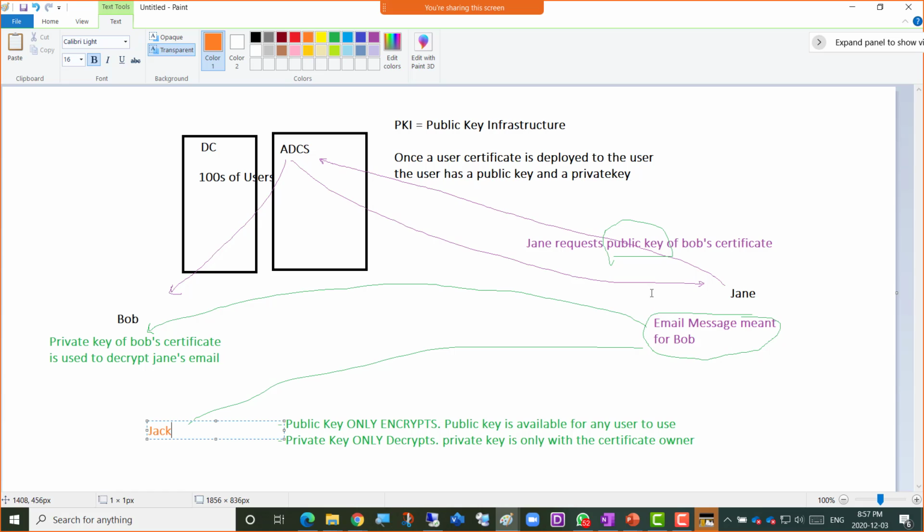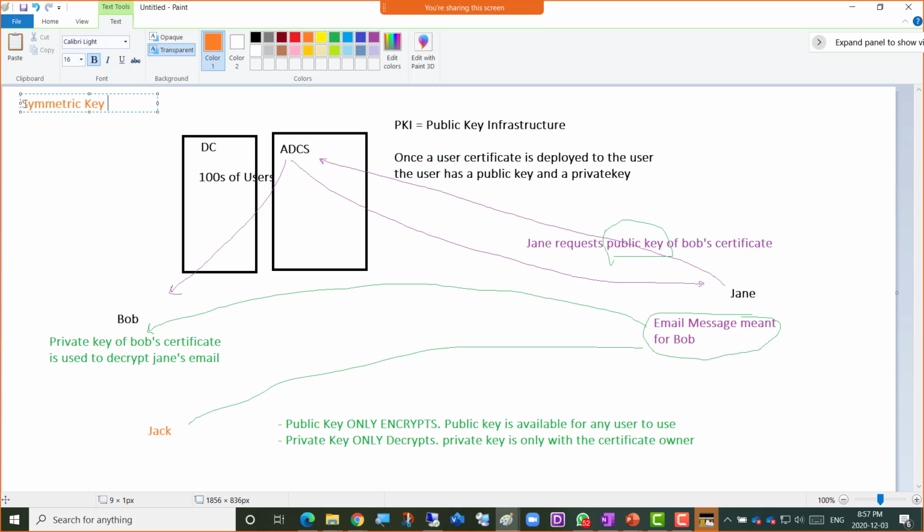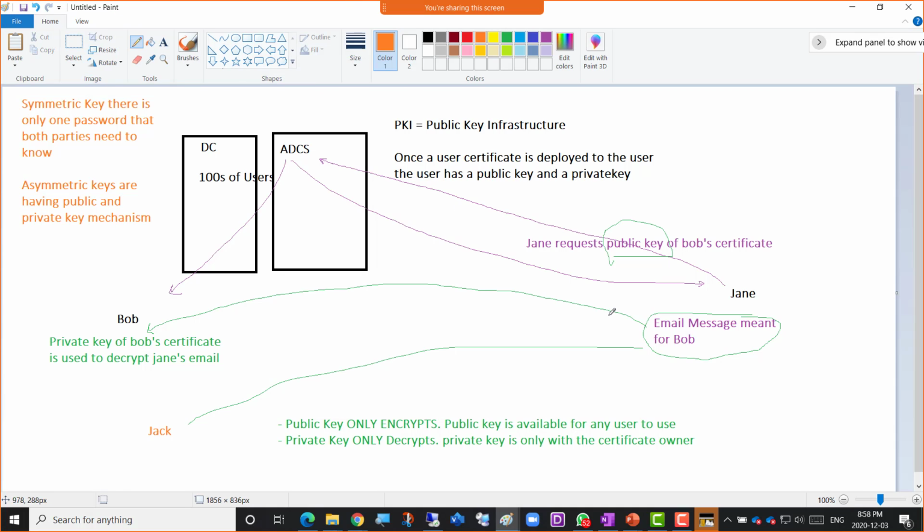So this is public key infrastructure, and there are symmetric keys and asymmetric keys there as well. The difference is that with a symmetric key, there is only one password that both parties need to know to encrypt and decrypt the data, while asymmetric keys have a public key and private key mechanism in place. So the more secure option is asymmetric keys, where you have just the public keys available for any